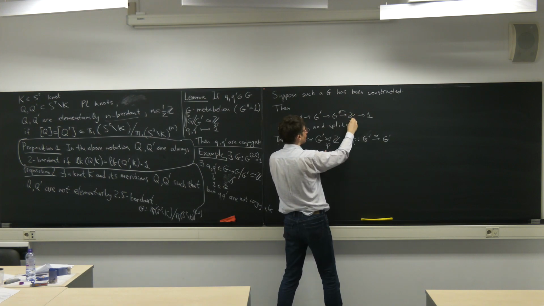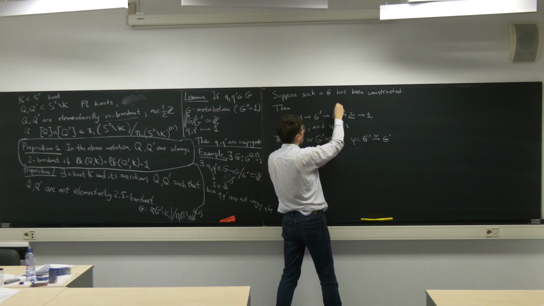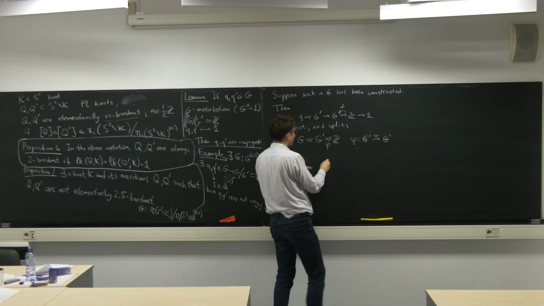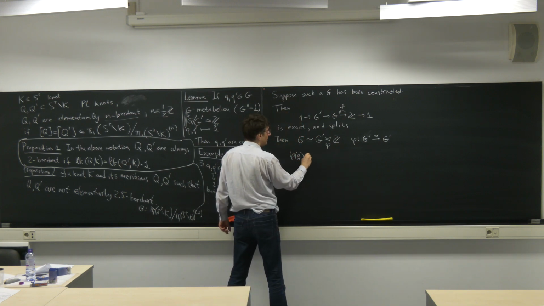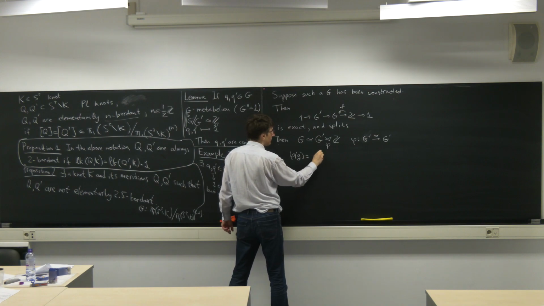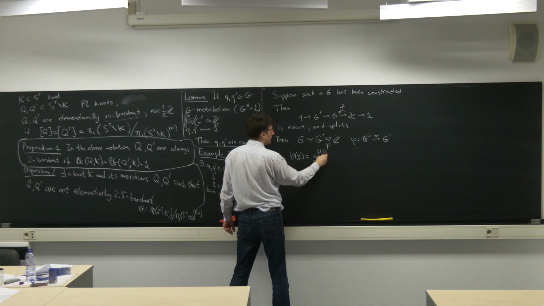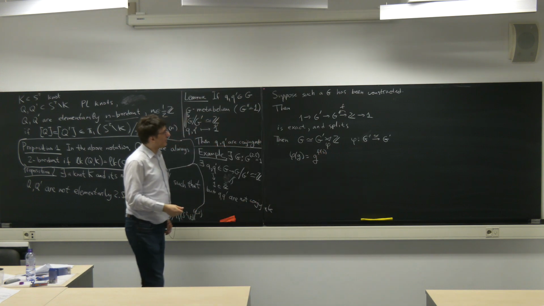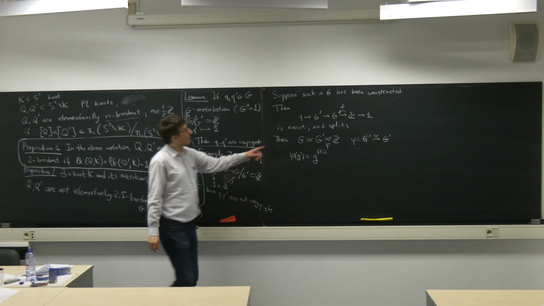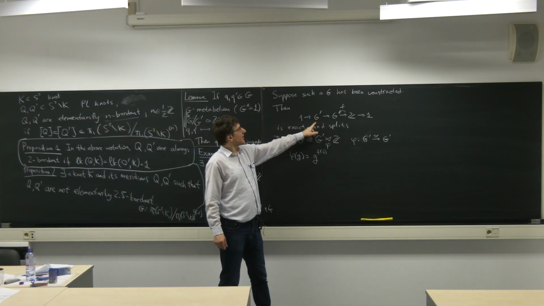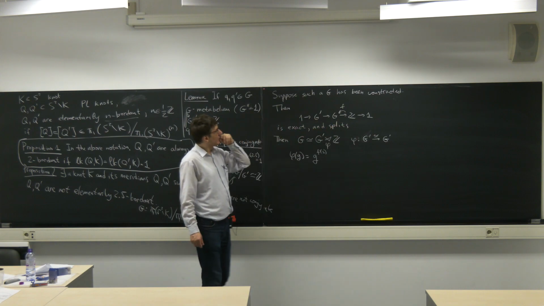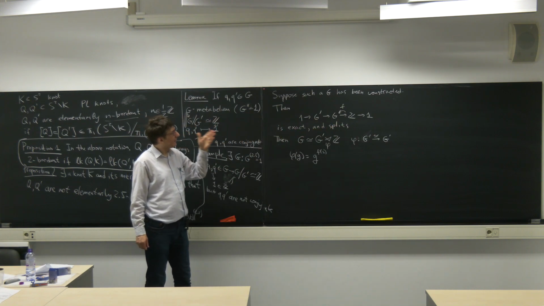So if this is F, then phi of g equals g conjugated by F of 1. So it's a standard action of Z on G prime by conjugation. And this is,